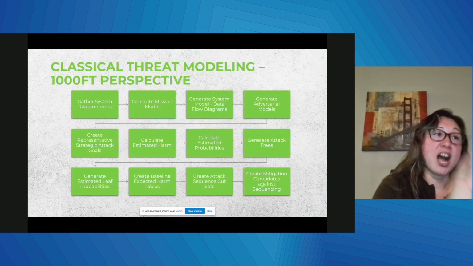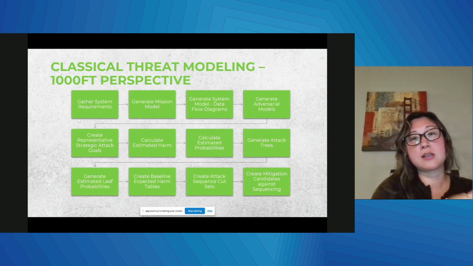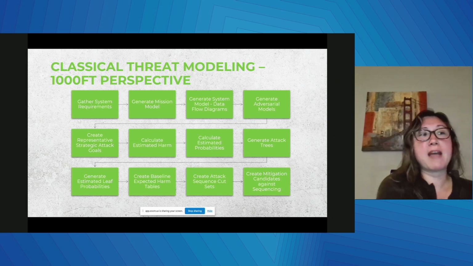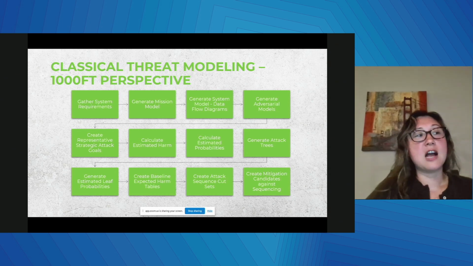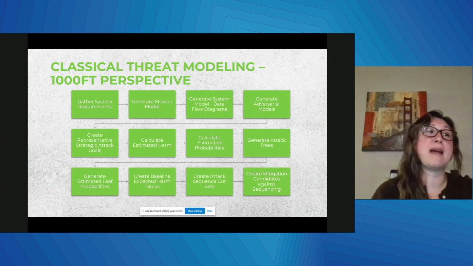Now, this is definitely not what I'm going to be talking about today, but I wanted to show folks what threat modeling traditionally looks like for government efforts, where safety and mission impact are greatly measured. This is how we traditionally threat model systems within the application security space, which is where I'm at now over in Microsoft.